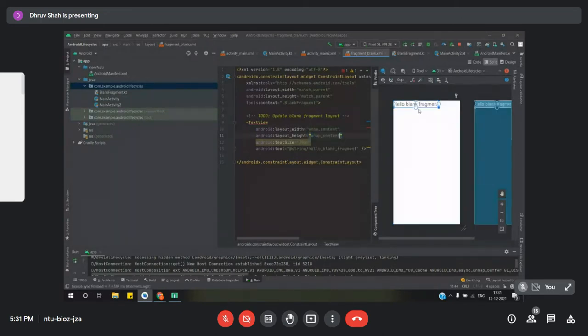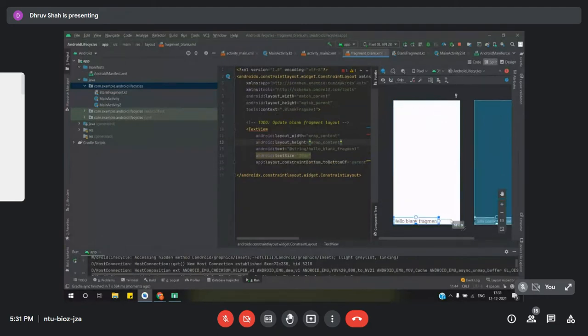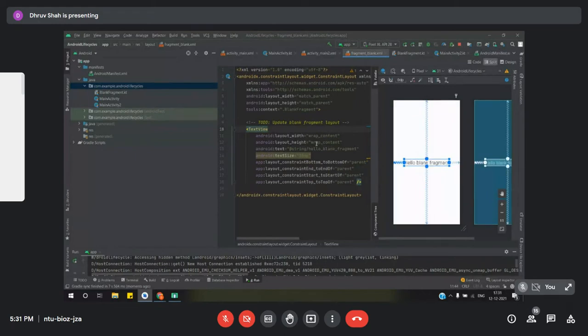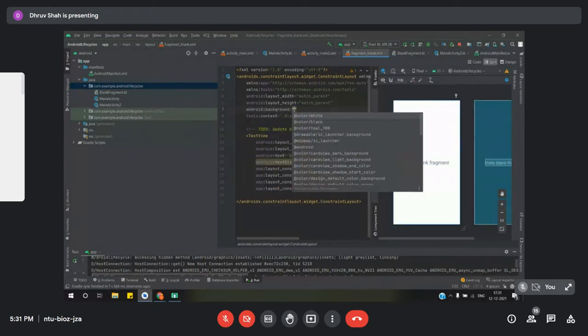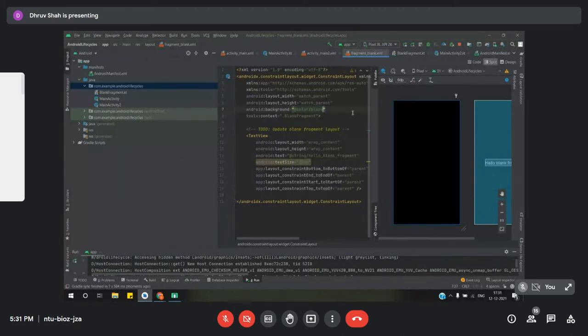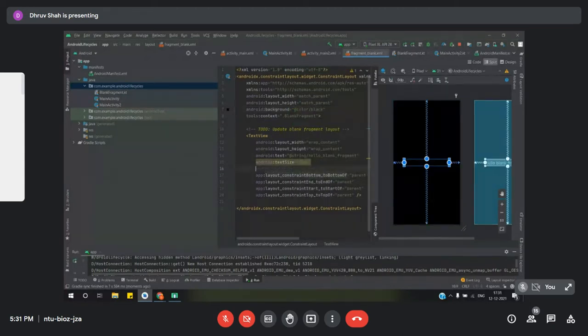We'll keep the width and height to wrap content, and we'll align it to the center of the screen. And let's just give it a background color so that we see what is the difference between the activity and the fragment that we are entering. Let's just make the color here white.